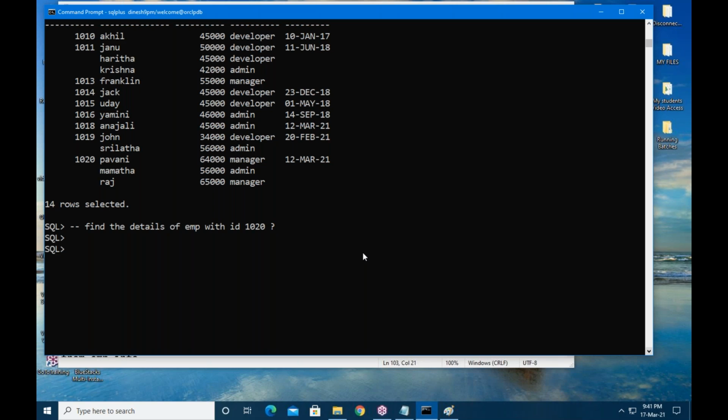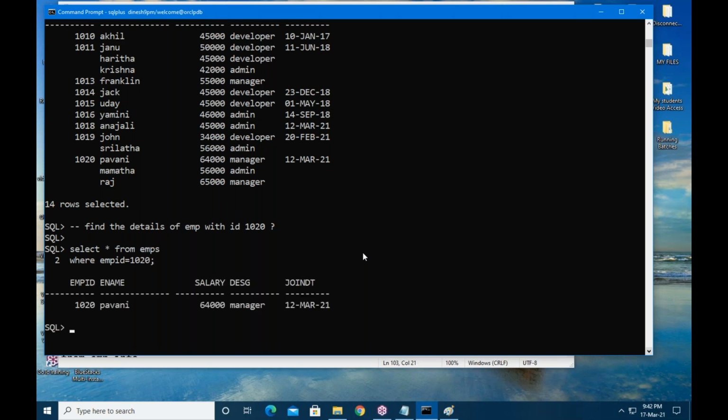I don't need all employee details. Select star from EMPS will display all employees, but I don't need all employees. Where employee ID is equal to 1020, then only select data. Only one record is selected.